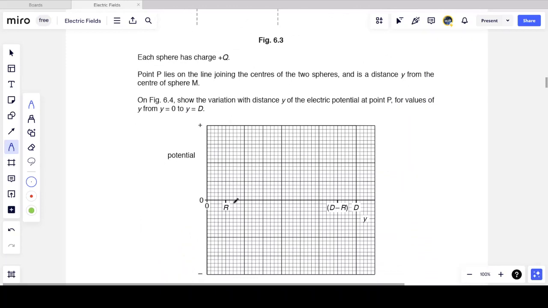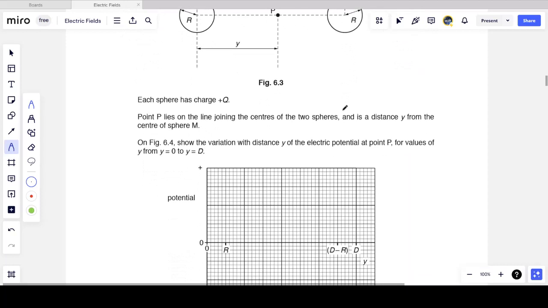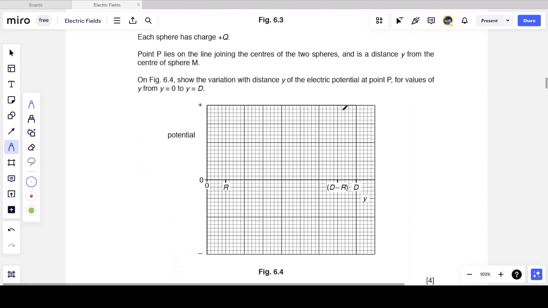I'm also told the radius of each of these spheres. From 0 to r is inside the first sphere. From d minus r to d is the radius of the second sphere. Now what I know is that E is 0 inside the sphere. Remember, the electric field strength is 0 everywhere inside a conductor. And electric field strength is equal to minus the potential gradient. So if E is equal to 0, that means the gradient of potential is 0. If a gradient of anything is 0, that means it's a straight horizontal line. So what this means is for